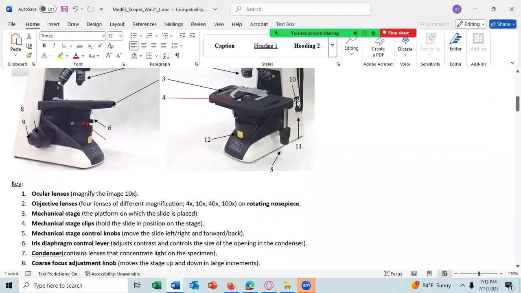Some of our microscopes have a power switch here. Others, it's in the rheostat, 11, and you just turn the rheostat all the way off, and it turns the microscope lamp off. And then you just click it on, turn the rheostat on a little bit, and that turns the lamp on. And then you turn it further counterclockwise, and that turns the light up, or the rheostat higher.